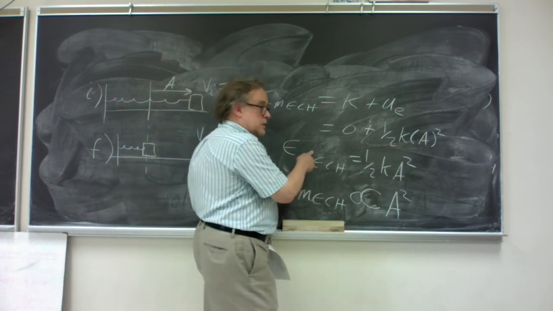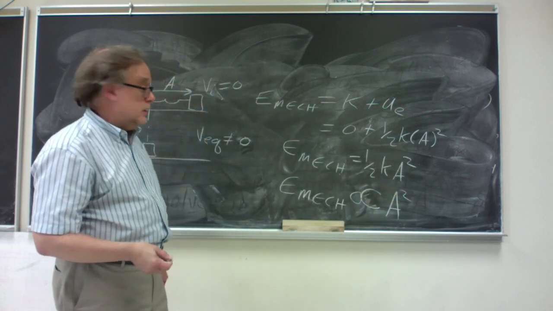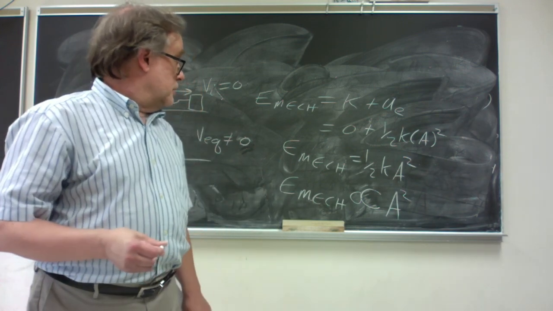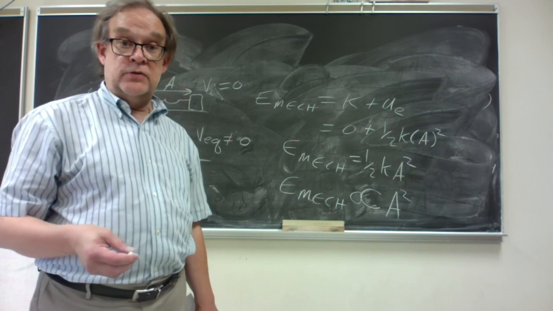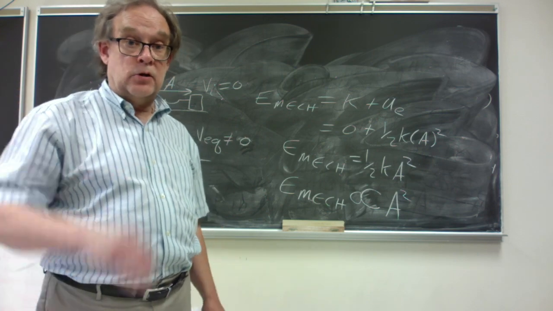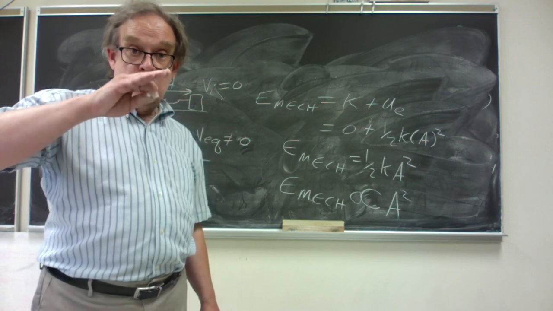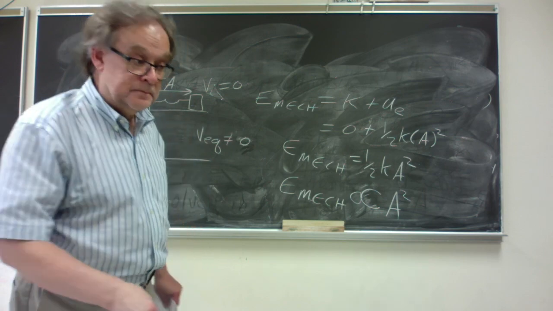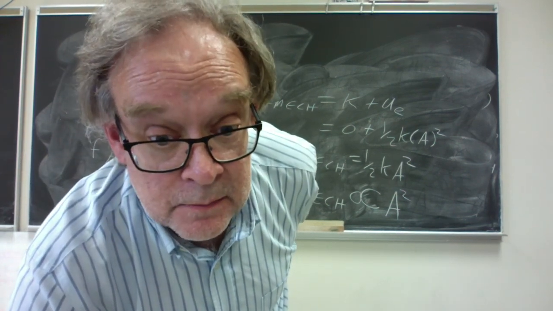So you just have some variable equals constant stuff times some other variable. You've got proportionality. And this turns out to be an important proportionality. Amplitude is a way of keeping track, so to speak, of the mechanical energy of the system. A big amplitude of oscillation corresponds to a large amount of mechanical energy, and an oscillation with small amplitude corresponds to a smaller amount of mechanical energy. And more to say on that in class and in the next